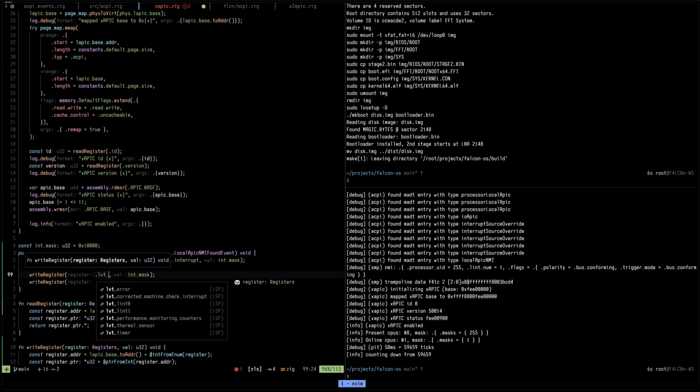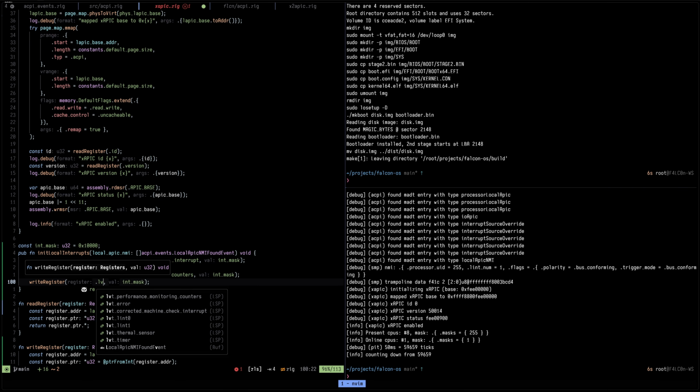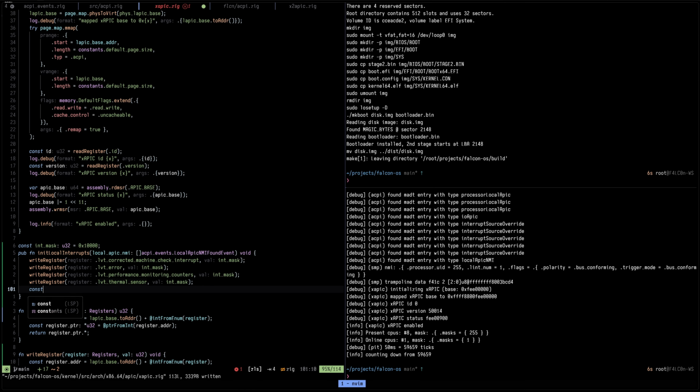So this one here is LVT performance monitoring, so 340, yep. And then this one here is LVT thermal sensor, 330. Is that it? Yep. Okay, cool. All of these look pretty good now. Const